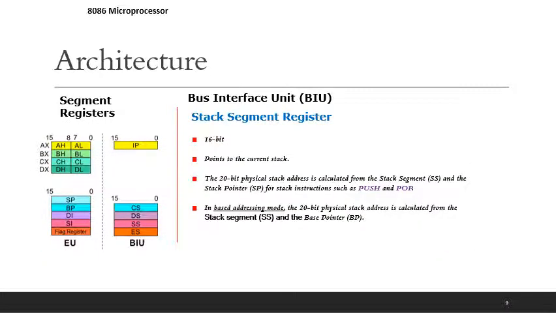Next, about the stack segment register. It is also a 16-bit register. It points to the current stack. The 20-bit physical stack address is calculated from the stack segment and the stack pointer.